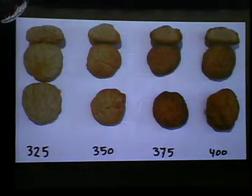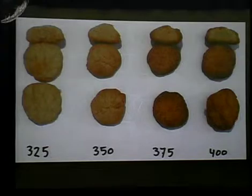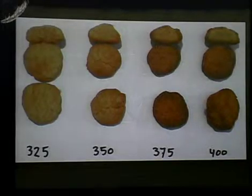So I baked a batch of sugar cookies at 4 different temperatures, and at 350 and below, they're kind of lighter blonde colored, and at 375, 400, they get this darker color. It's not a particular point where caramelization suddenly turns brown, but it's a ramp from 356 up to 380, where sugar gets darker and darker, and more complex and more bitter flavored. But sugar itself actually melts exactly at 367,